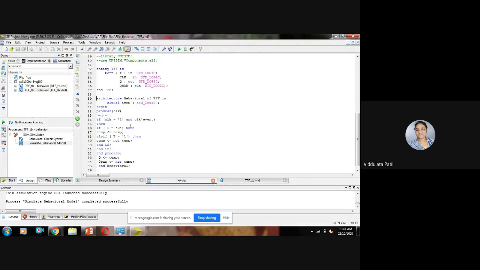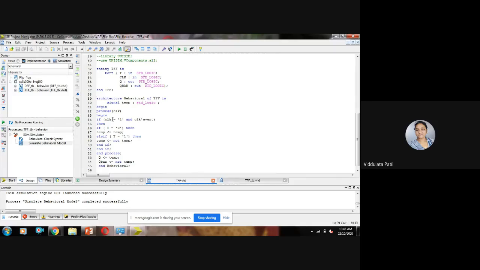What have we done? We have taken clock as the sensitivity parameter for this process. So these statements are going to be executed sequentially whenever there is a change in the clock. So clock'event will check whether there is a change in the clock signal, whether it is changing its logic level.